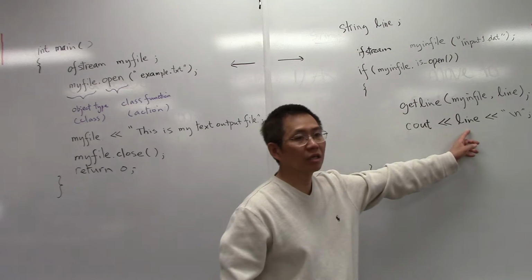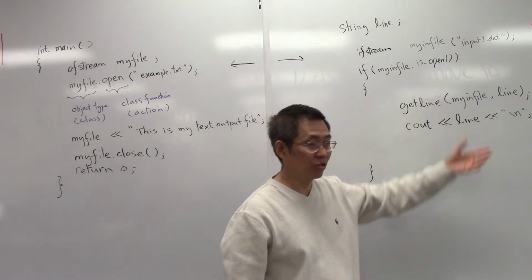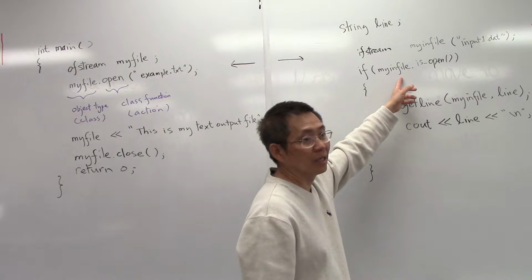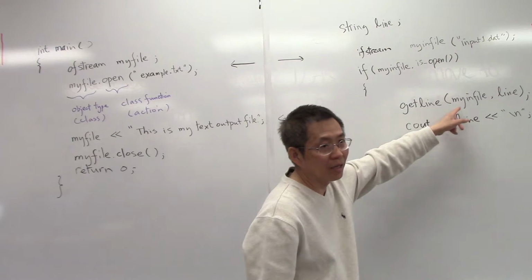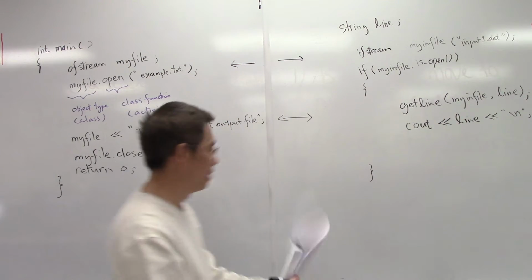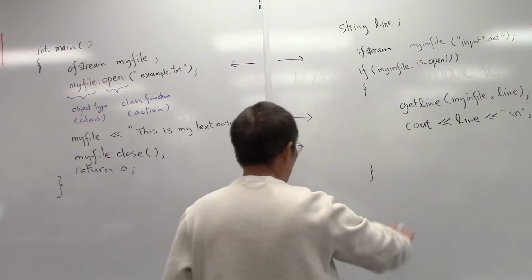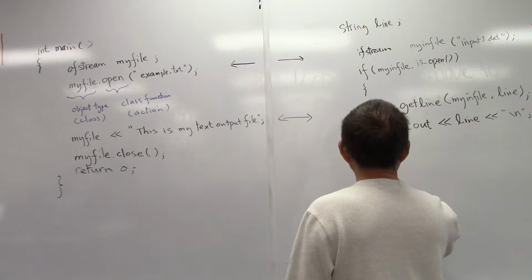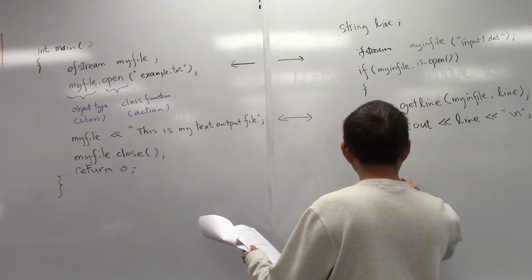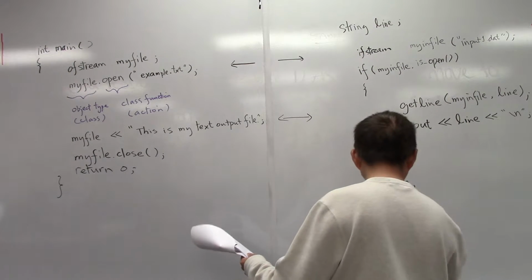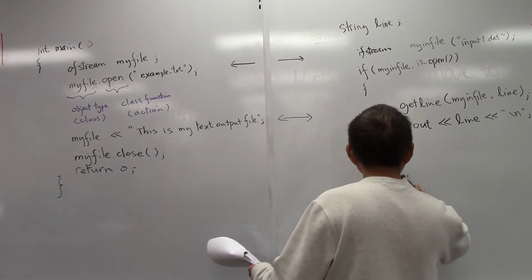This will print whatever value is in the variable line onto the screen and see if the file is opened correctly, and you read the first line of the file and check the content of the file. And then, once we are done with that, we also need to explicitly close the file. So this is my in file